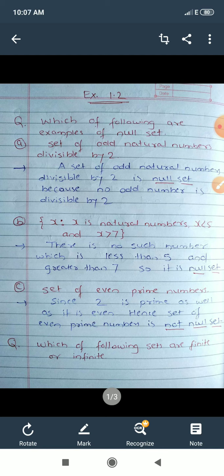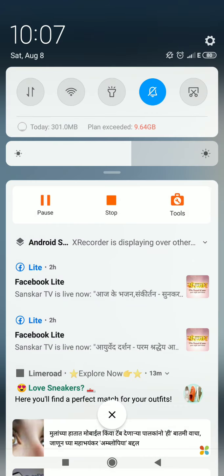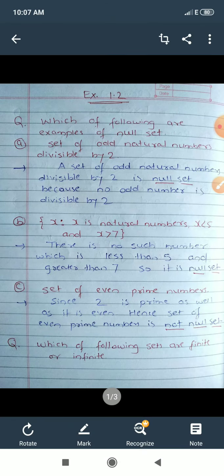In this video, we will discuss exercise 1.2. Now, here a question is, which of the following are examples of null set, right? Which are the examples of